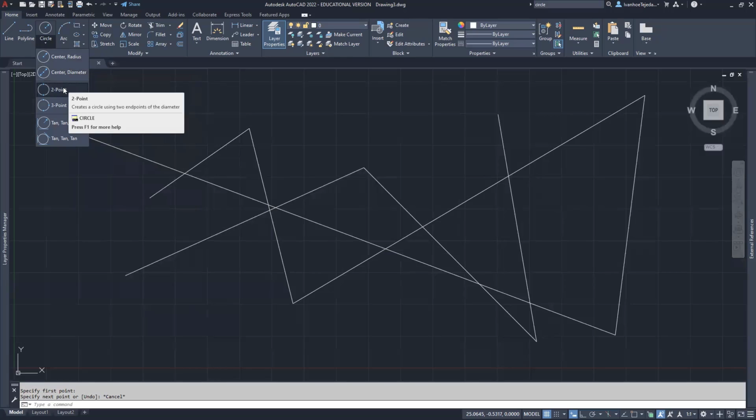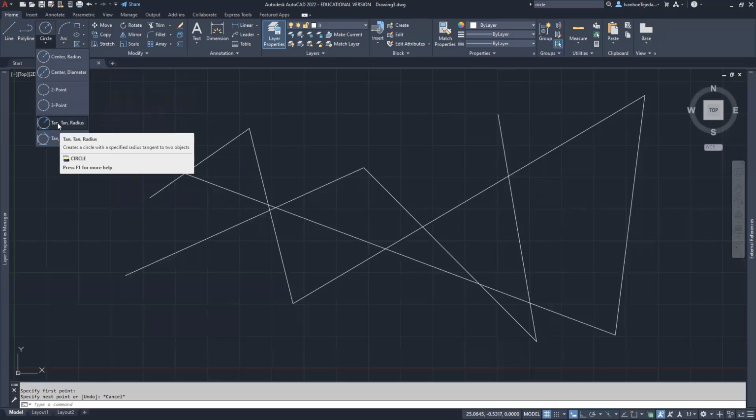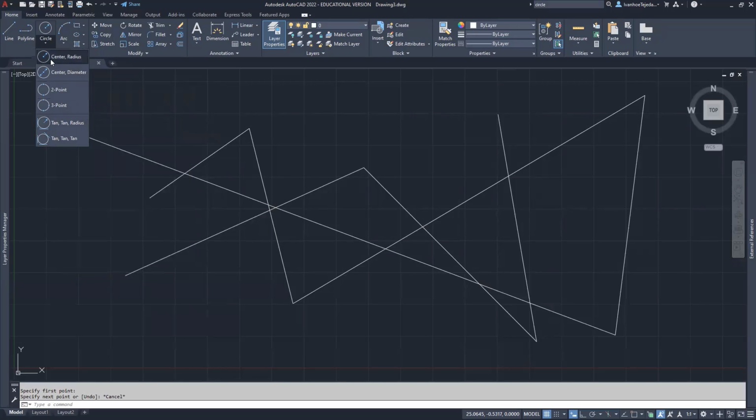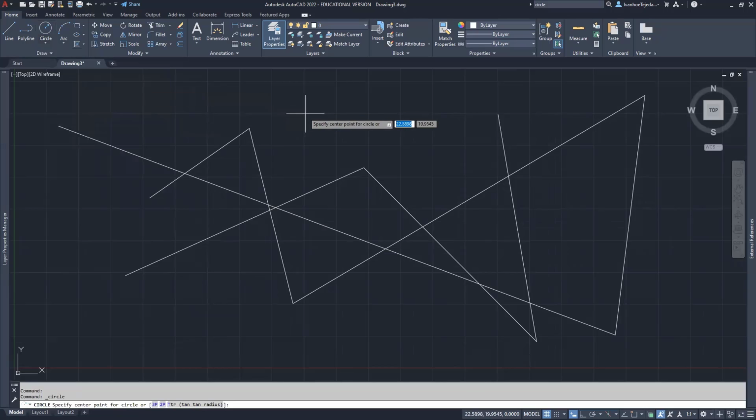I can draw a 2-point circle, a 3-point. I can do something here called a tangent radius. And then I can draw a circle based on 3 tangent points. So what I'd like to do is just go ahead and click on center radius. And when you do that, all you have to do is find any point on the screen, let it be your center point, click it,